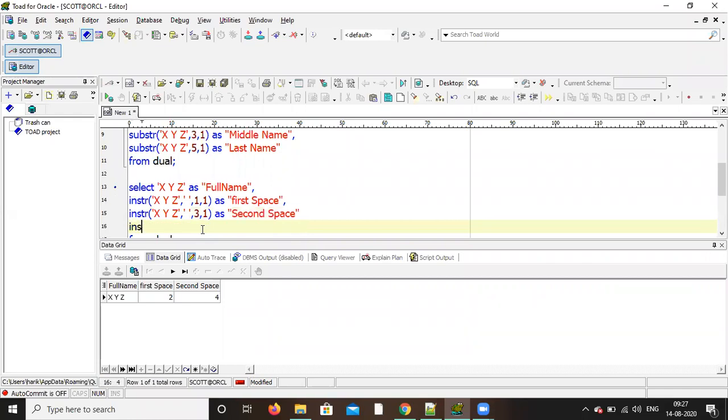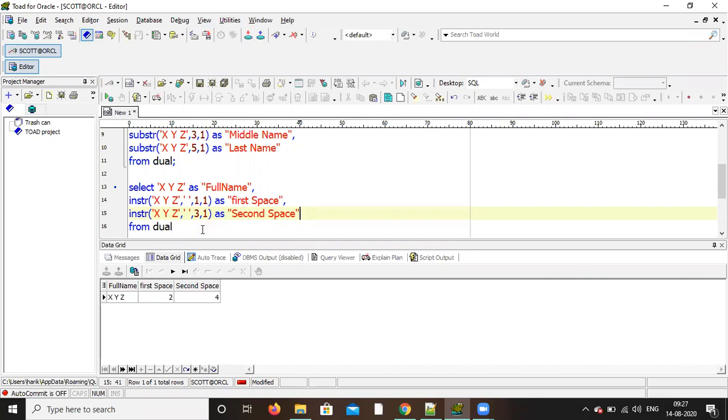So here you have given 3, comma 1. No, that's it. 2 spaces are there, right? So no need to do another one. See, 3 may be changed. For here it is 3, for somewhere it may be 5. So 3 is not a constant.